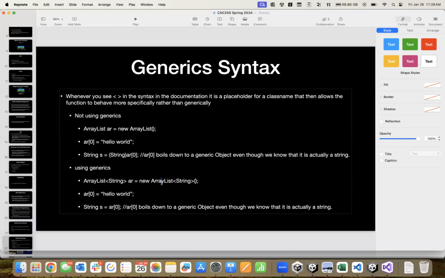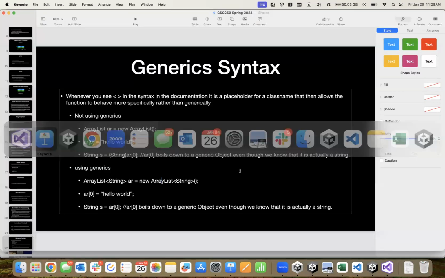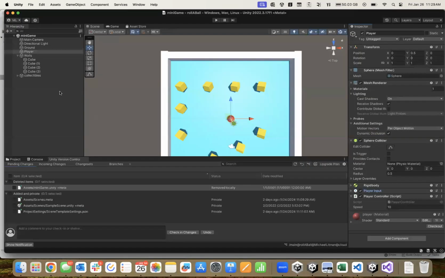All right. So how does that relate to what we're doing here? So movement value has a function called get. Now, a movement value holds a collection of potential components associated with this input value, whatever that possible list of components is. Let's just say there's 10 possible components in there. I'm sure we can look it up and find out the possible things that an input value related to movement might hold. But for right now, we can just say it holds a collection of components, just as if we